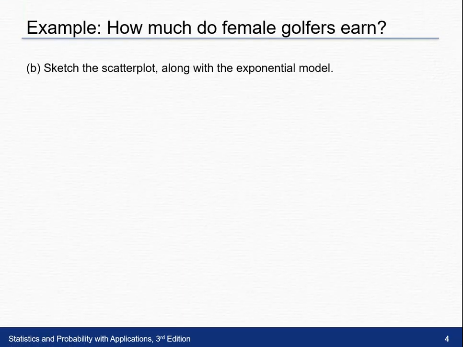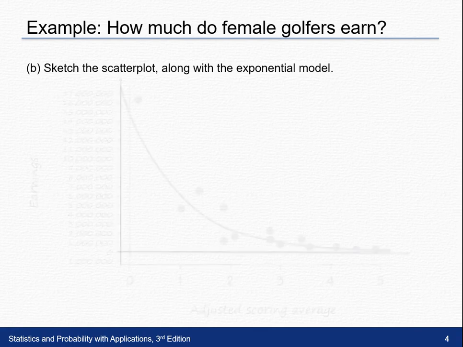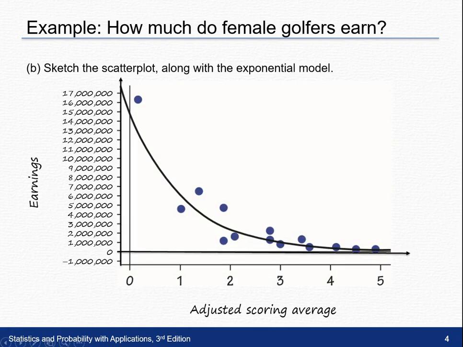In Part B, it says sketch the scatter plot along with the exponential model. So you can use the applet for this as well. If not, what you would do is label and scale each axis. Your x-axis would be your explanatory variable. Your y-axis would be the earnings. I used the applet to make this. You can as well. You can see that the exponential model came up, and you can see how it fits